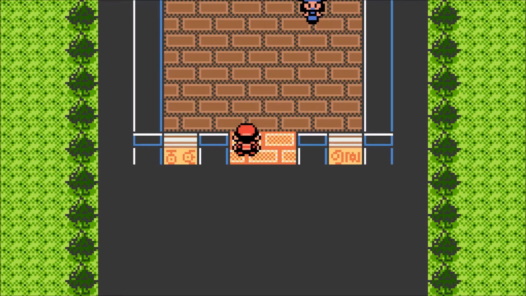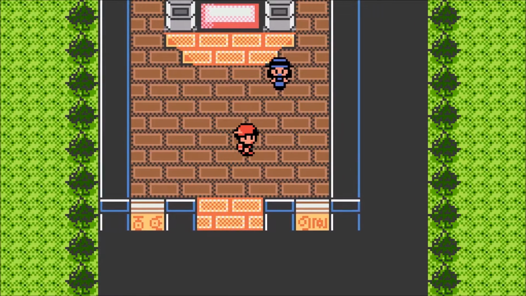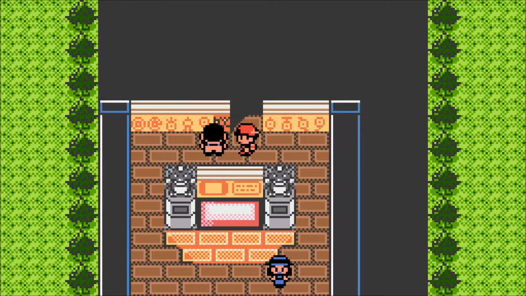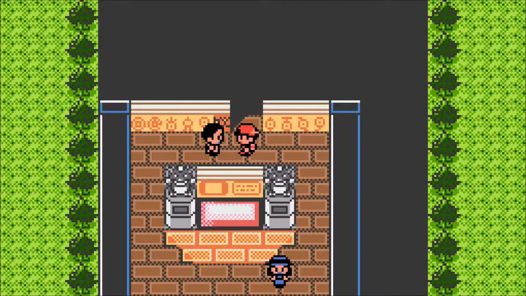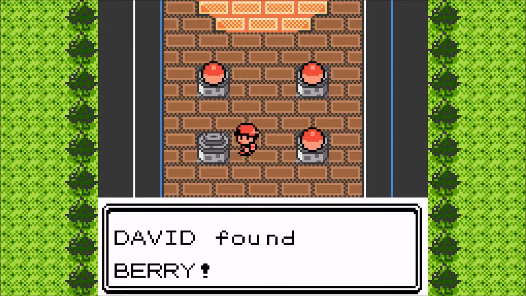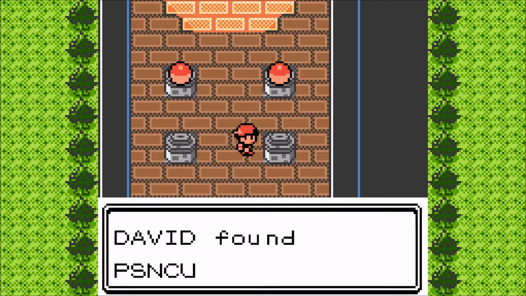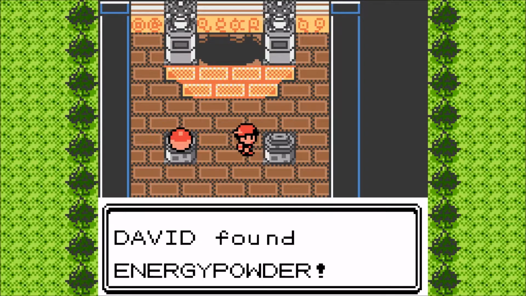Anyway, we go back inside. And something seems to have happened. Using an escape rope in that exact spot will cause this change in the wall. Oh, there's another huge hole. It's big enough to go through. Go through, and there are 4 items in here, which is an unprecedented windfall for this point in the game. Right here we have a berry. Right here we have a poison cure berry, which we've also already gone over. And back here we have energy powder